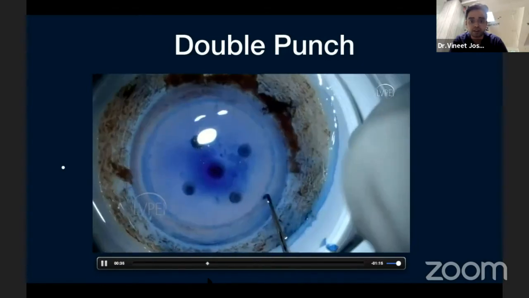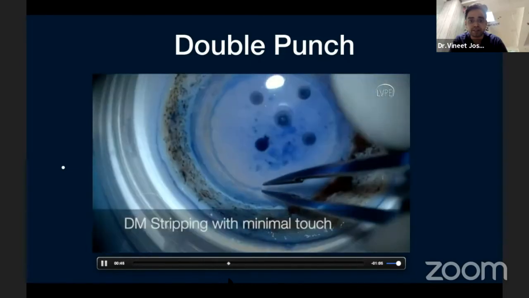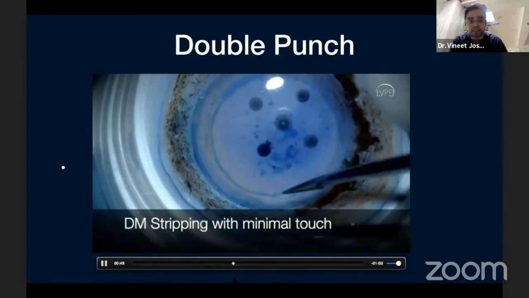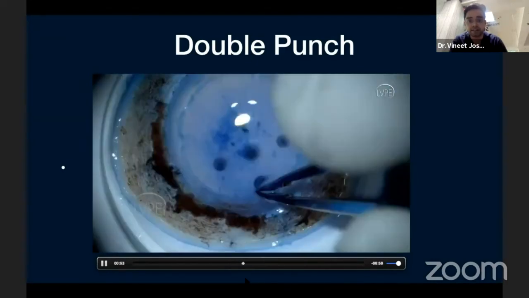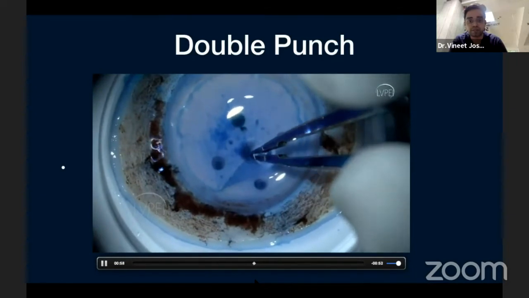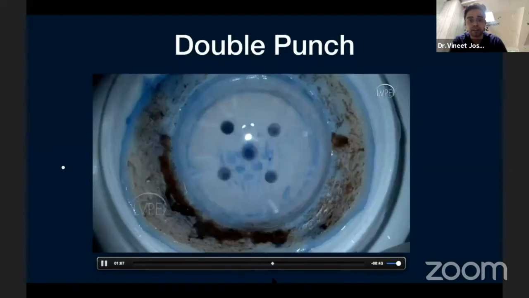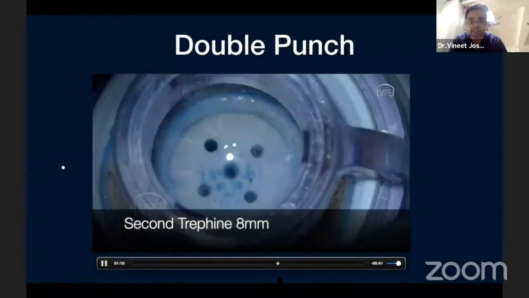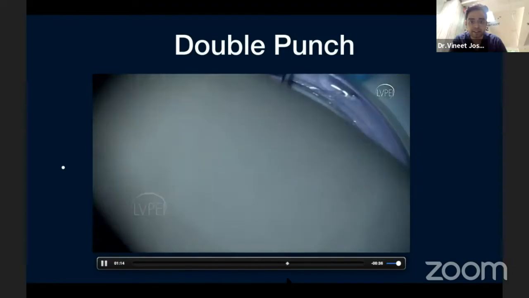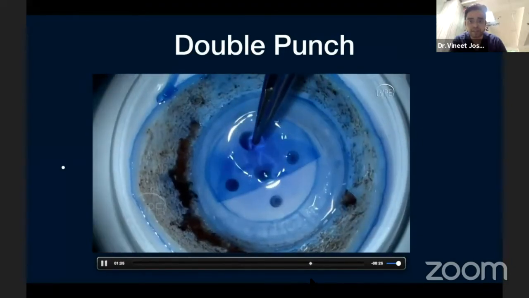You can remove the peripheral Descemet's 360 degrees. This gives a very nice plane to elevate the peripheral Descemet's with the help of a Sinskey hook. Once you have elevated the frill 360 degrees, you can use a curved tying forceps to strip the Descemet's in 3 zones, keeping it attached in the center. Now we release the vacuum and place the 8 mm trephine, use the same gentle tap, stain again, and remove the peripheral region.